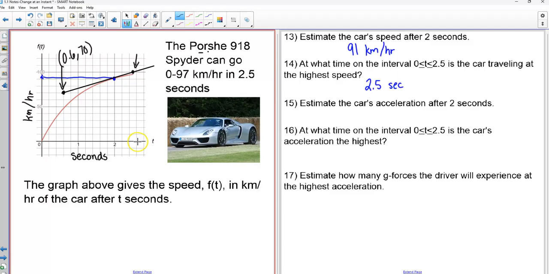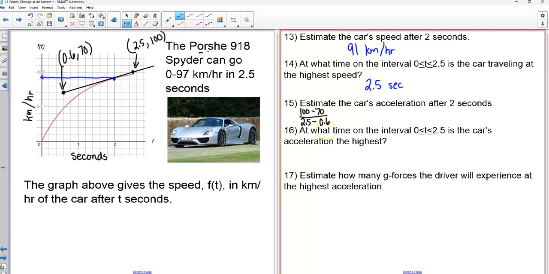Actually, I guess that is about 2.5, and 100. Something close to this. So if we're looking for slope, we're going to do 100 minus 70 over 2.5 minus